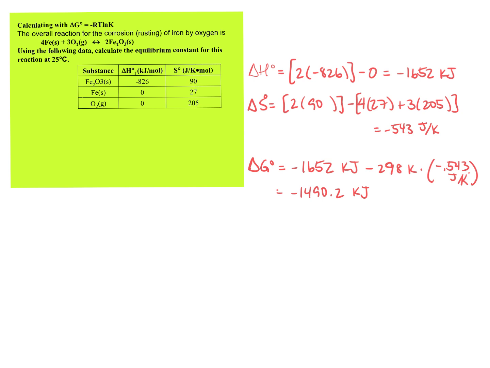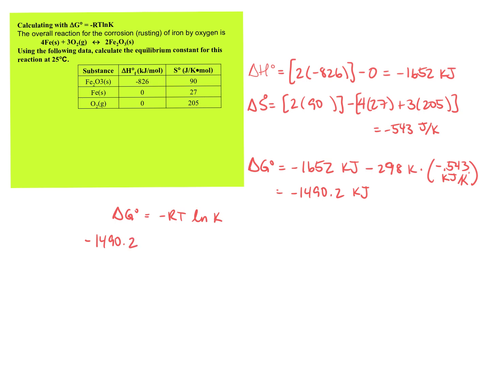Alright, so we should have gotten a value of negative 1490.2 kilojoules, bearing in mind that you had to convert this to kilojoules. And let me make that correction right here. That has to be kilojoule. It was negative 543 joules per Kelvin, making that 0.543 kilojoules per Kelvin. So now we can plug this into delta G degree equals negative RT ln K. Delta G would be negative